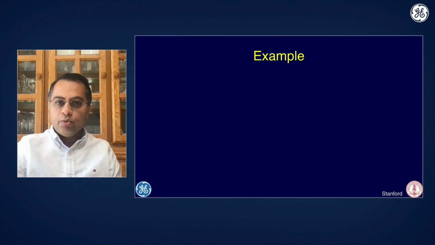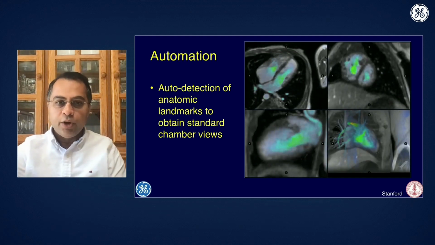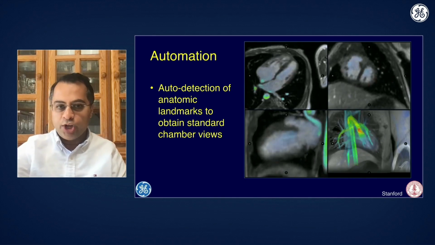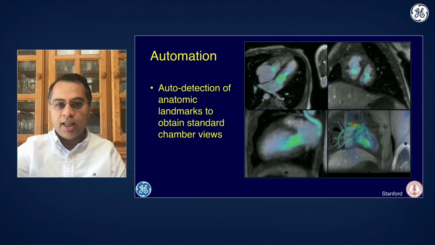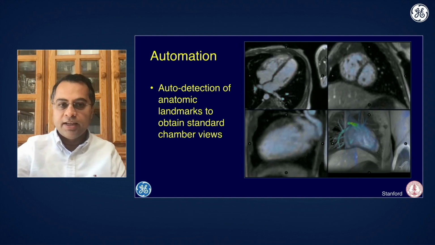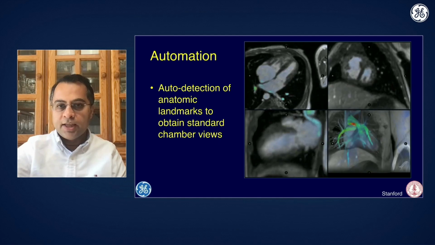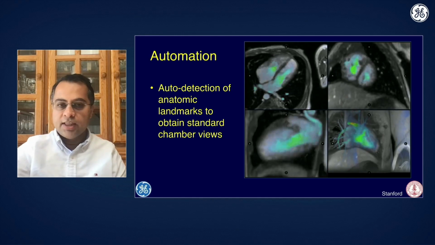So I'd like to walk you through an example of using this as a single sequence acquisition that is greatly simplified from doing conventional lengthy scans. So here we've acquired the scan. Again, it's a 4D flow. You can see in the bottom right that the whole chest was covered. However, in order to obtain the standard views that we would like, such as in this example a short axis, the two-chamber and the four-chamber views, there's an automated detection of the landmarks of the heart that then performs the reformatting into these standard chamber views. So when you open up an exam, you see these types of views.